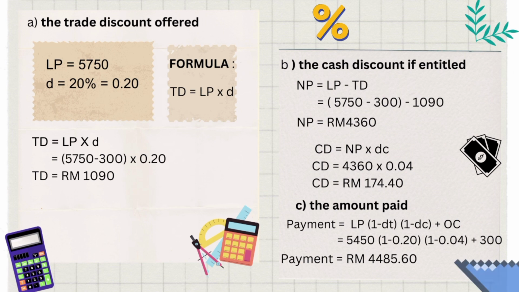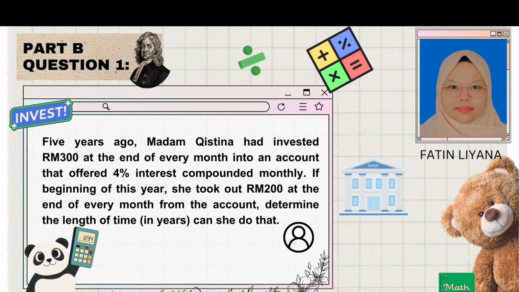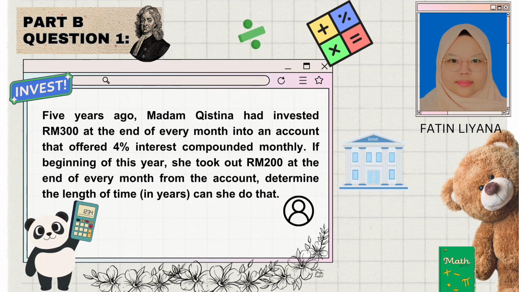I use the formula: payment equals LP in bracket 1 minus DT, the discount rate, in another bracket 1 minus DC, the cash discount, plus OC. The answer is 5,450 in bracket 1 minus 0.20, in another bracket 1 minus 0.04, plus 300. So the answer is RM 4,485.60. Okay, for part B question 1: